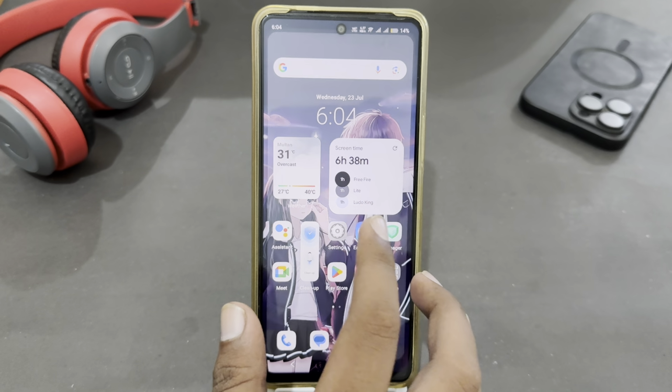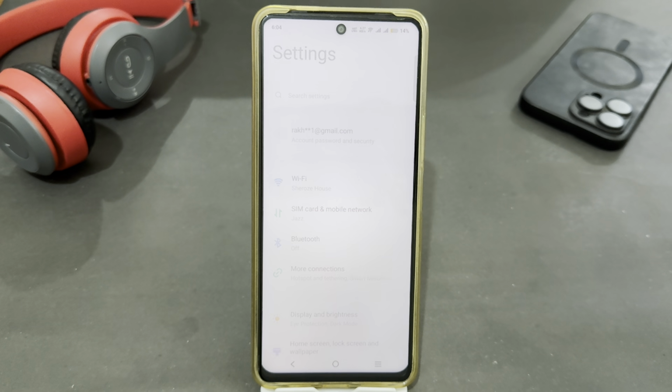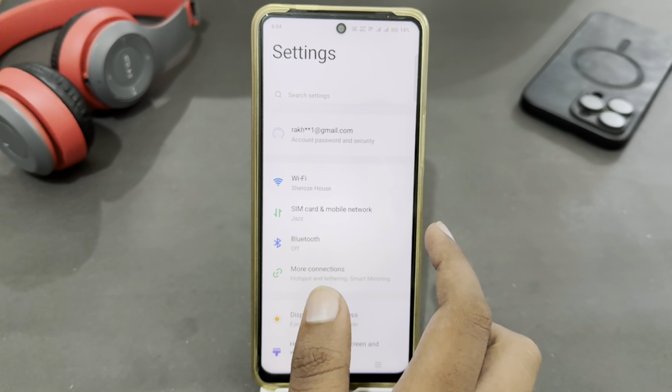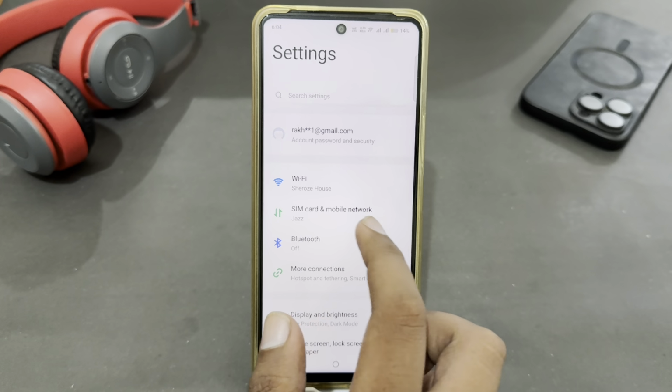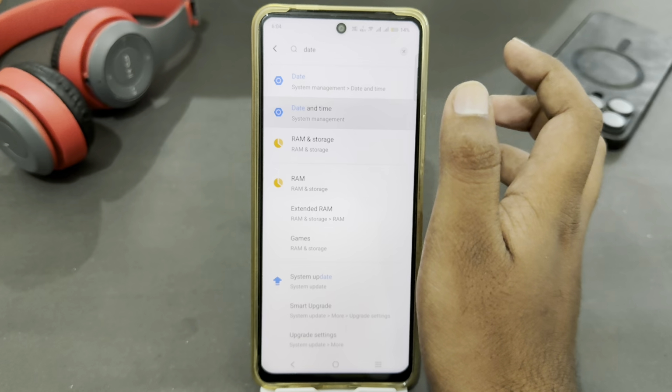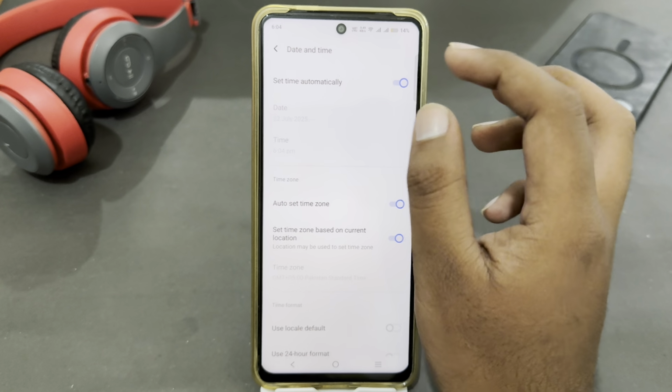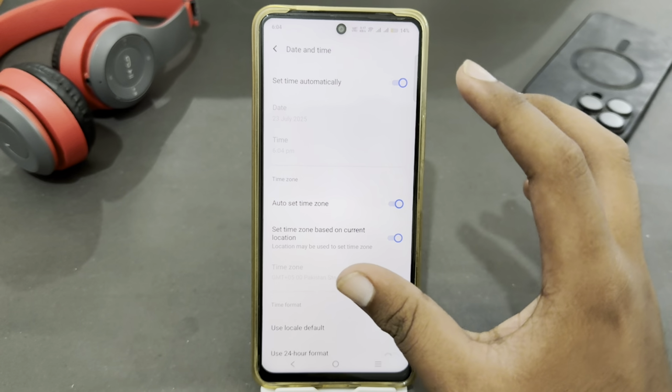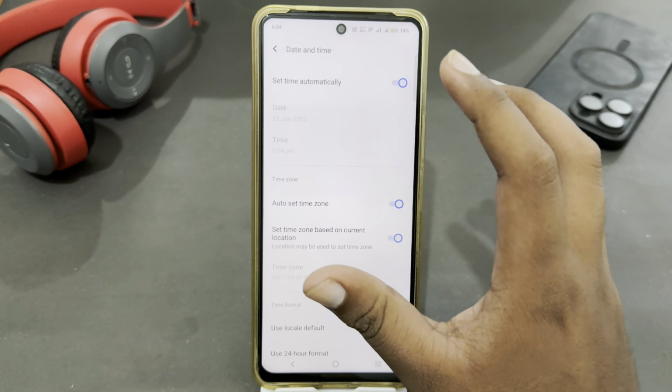So go to your phone settings. In settings, you have to search for date and time. Just search for it and then open the settings, and after that you have to make sure that your date and time is automatically set to your time zone. So after that, but if you're still having the same issue,